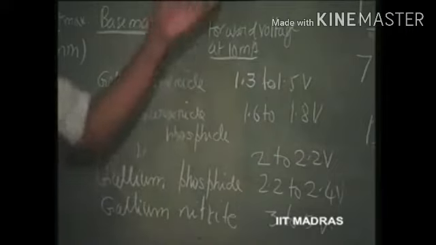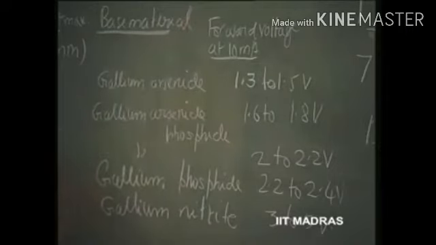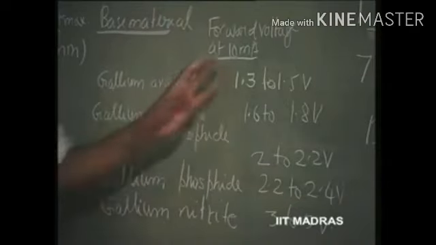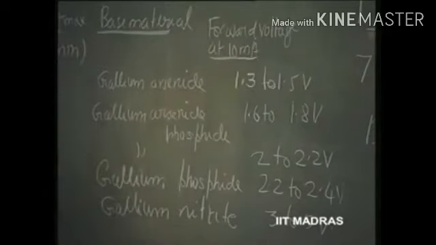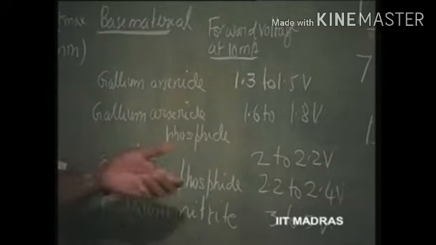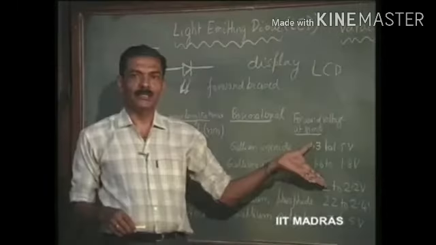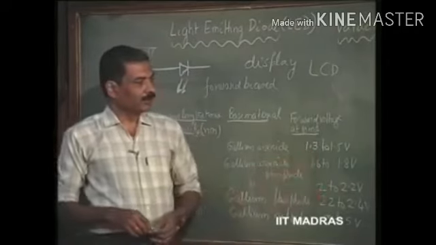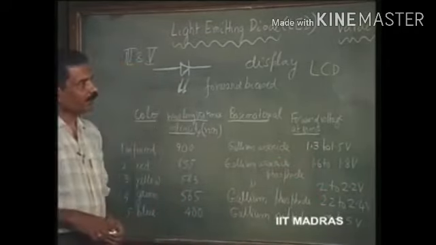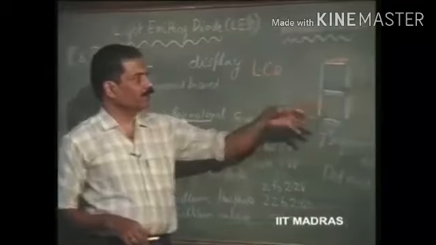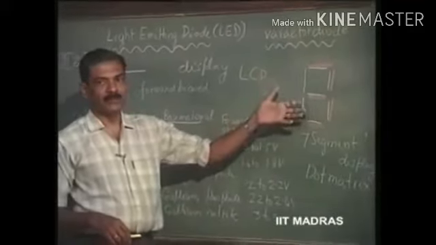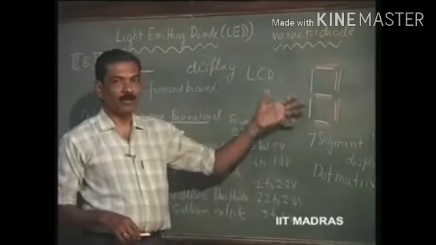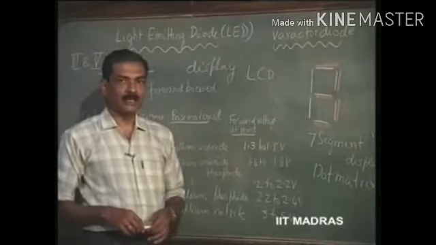So, even though before the advent of LCDs these were being used for displays, with the advent of LCDs, these have gone out of use for most of the cheap displays like wristwatch display, etc. We cannot afford to waste current and power of this order of magnitude. However, for large displays and things like that, you don't mind wasting some amount of power on this display. These displays are still being used.